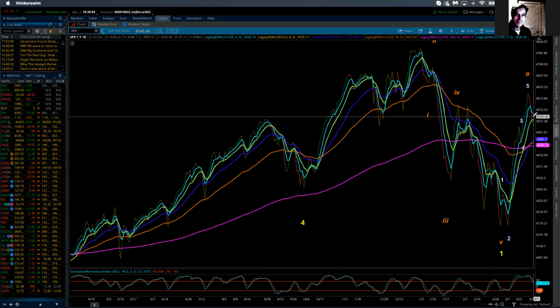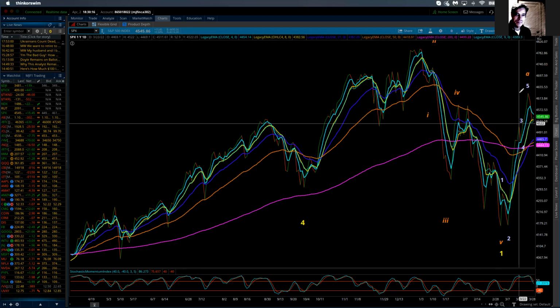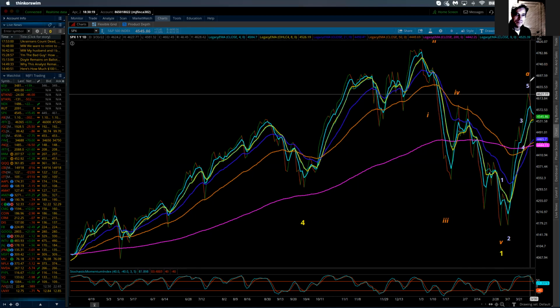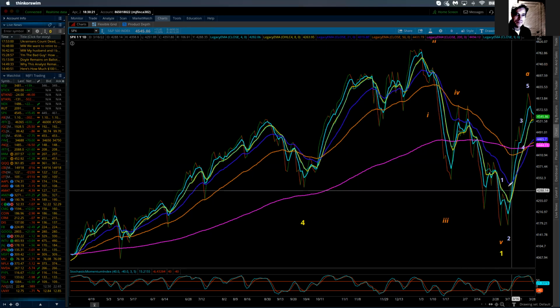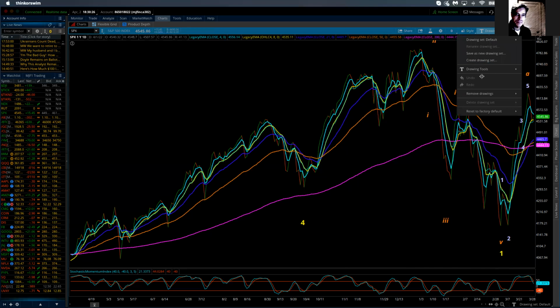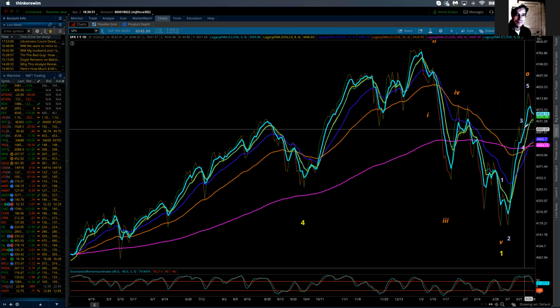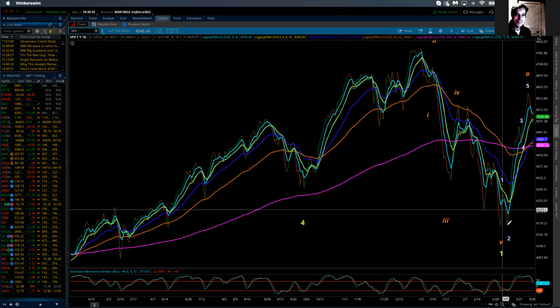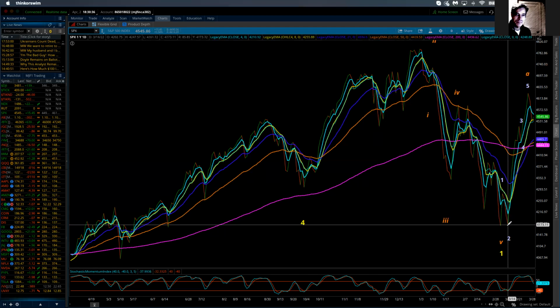the 1st. So where we are is the market is still going to take some time, according to how I got it labeled, where we're going to come down in a B wave now, and then still rise within a C wave. But if I put up just some very basic parameters, and I'll go into detail on this on tomorrow's update, which will specifically be for the ES and one for the Nasdaq.